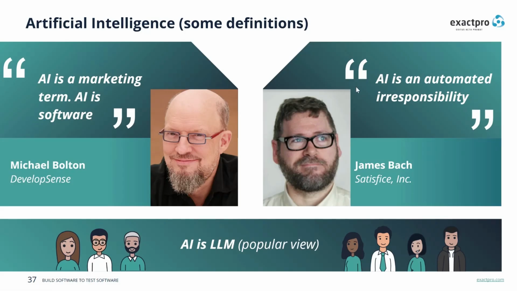So, this one that I like. James Bach says that AI is automated irresponsibility, and his claim is that AI will never be reliable or responsible. In fact, it would not be fair to say that the reliability of the systems is not increasing. They can still be unreliable, but it looks like there is a technical path to make them reliable, or at least to substantially increase their reliability.